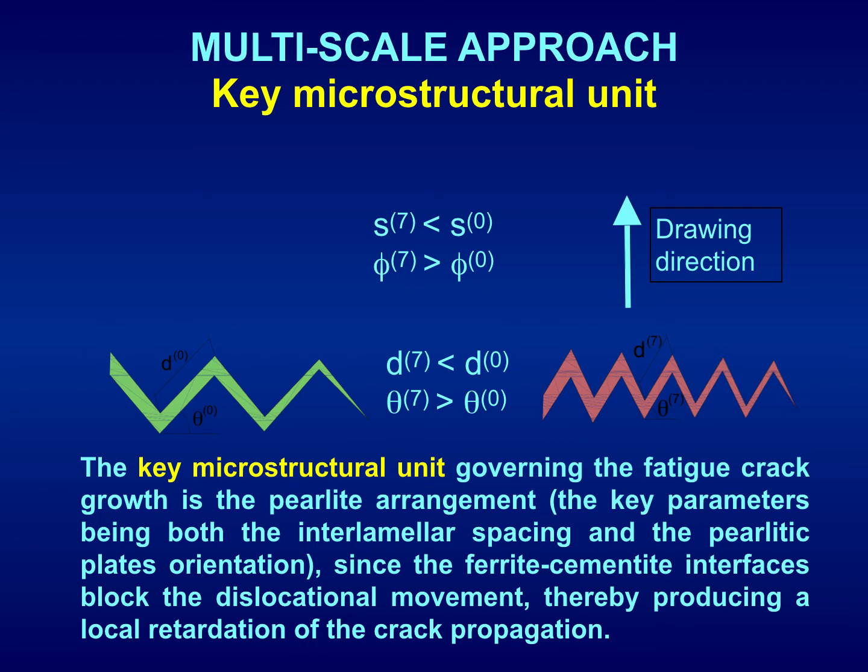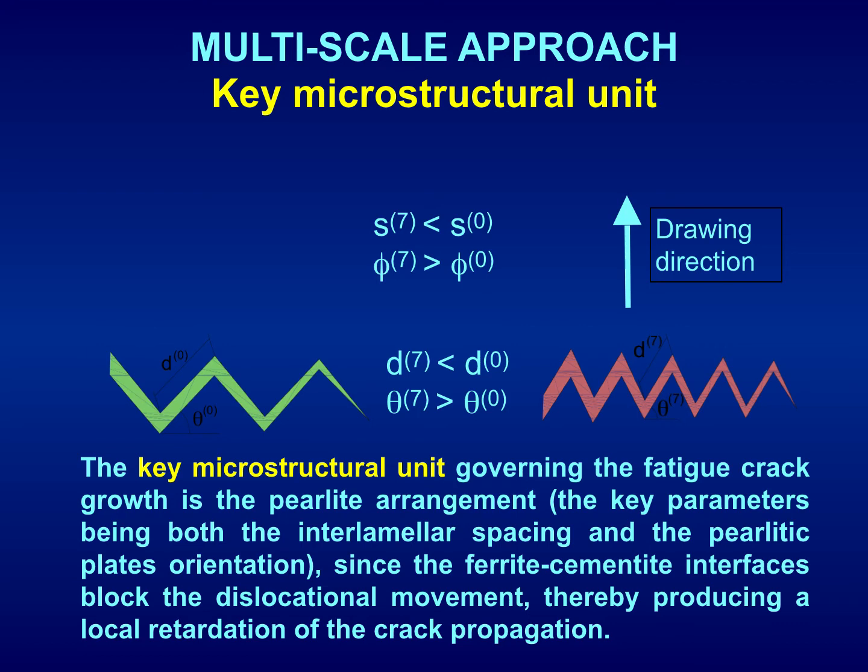Again, with this multi-scale approach, the key microstructural unit, with decrease of interlamellar spacing and orientation in the drawing direction of both levels, and regarding microcrack path, small branches but greater micro deflection angle, the key microstructural unit governing the fatigue crack growth is the pearlite arrangement,